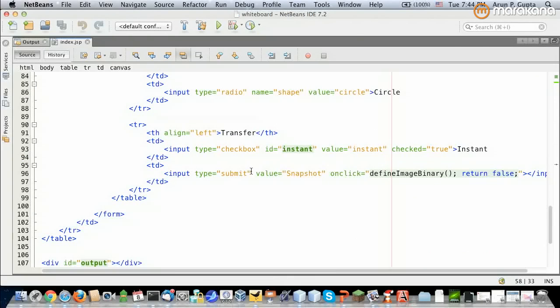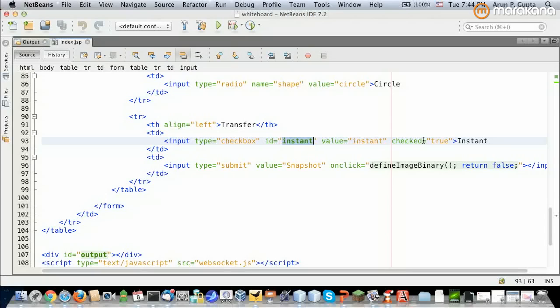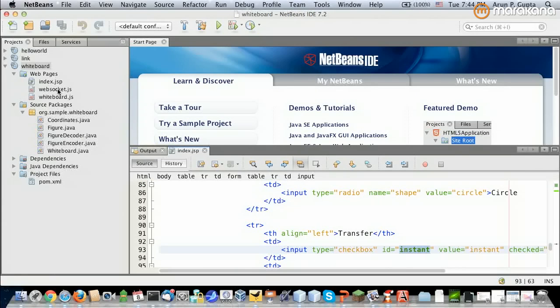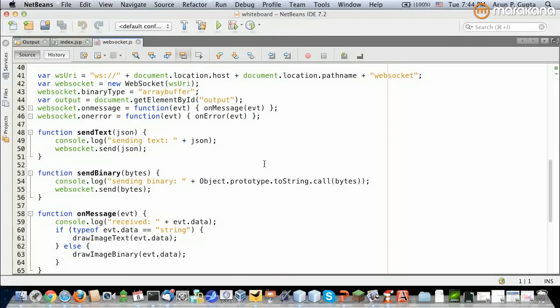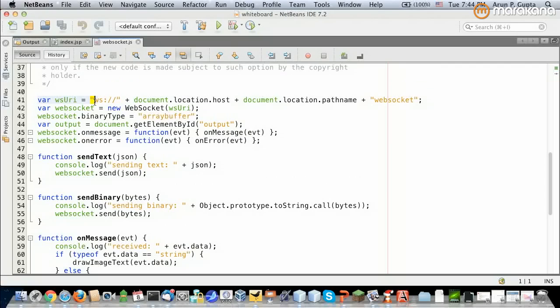So this is my instant box. As soon as I say instant, it's sending the JSON coordinates back to all the clients. And if I'm saying instant is false, that means I'm sending a binary data here. Okay? And see how that's being done. So if I take a look at my WebSocket.js here, in WebSocket.js is where I'm actually making a connection to the backend. Instead of using HTTP, I'm saying WS, location host, location path name, and WebSocket, which is where my endpoint is hosted. So if I take a look at my endpoint for a second,